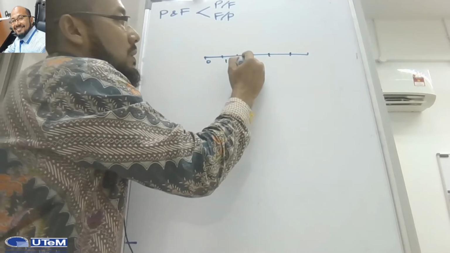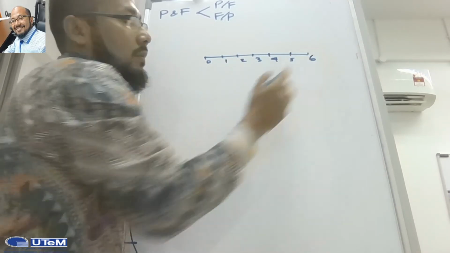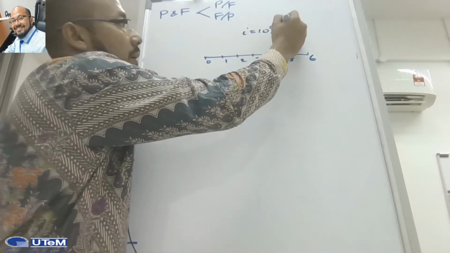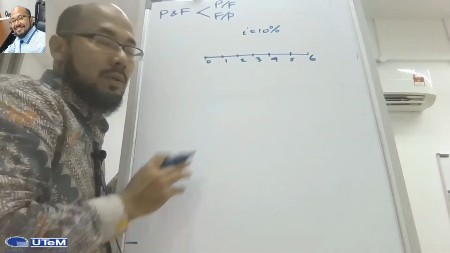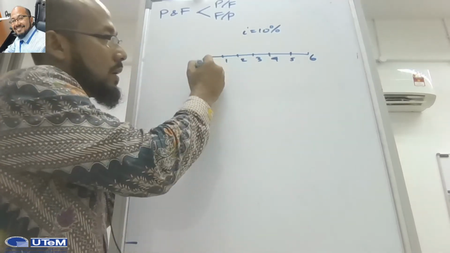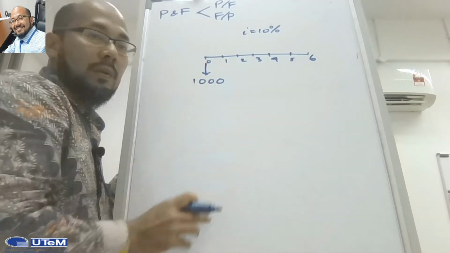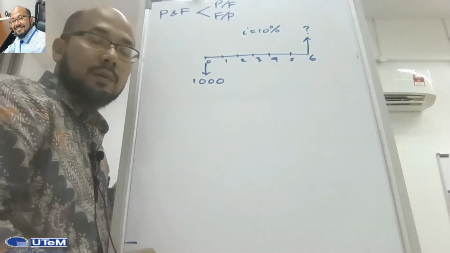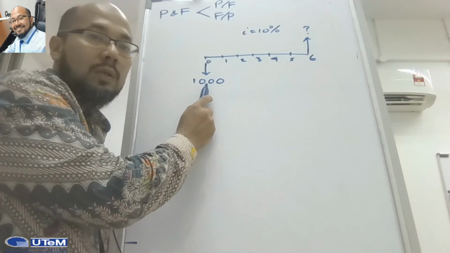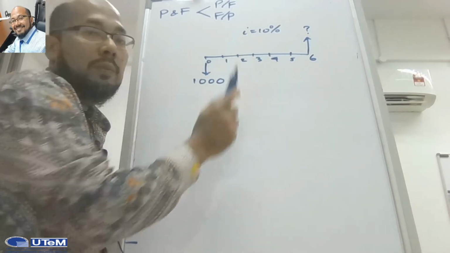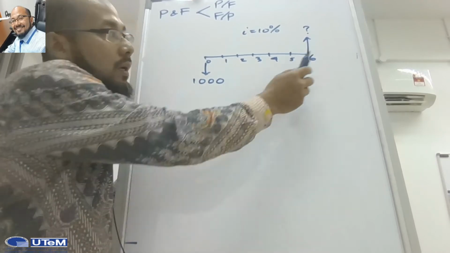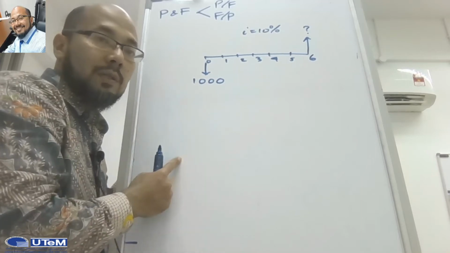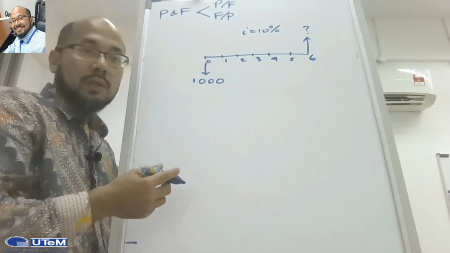So we have a 6 years timeline. The interest rate is 10% per year. Let's say that we deposit our money at year 0, 1,000, and we want to know what the future value is after 6 years. Again, we deposit our money, 1,000 now, which gives a return of 10% per year, and we want to know the amount of money available in the account after 6 years. So using the standard factor notations,